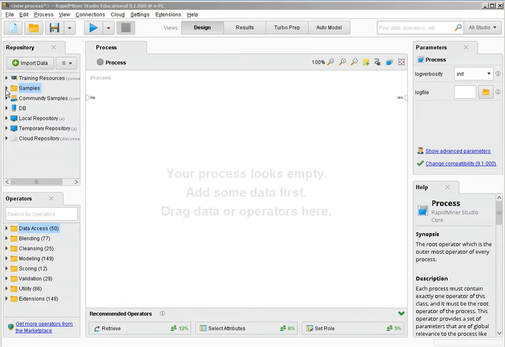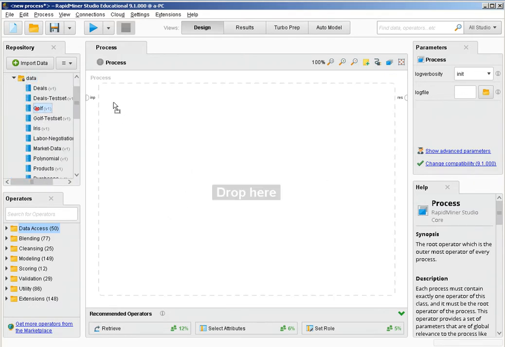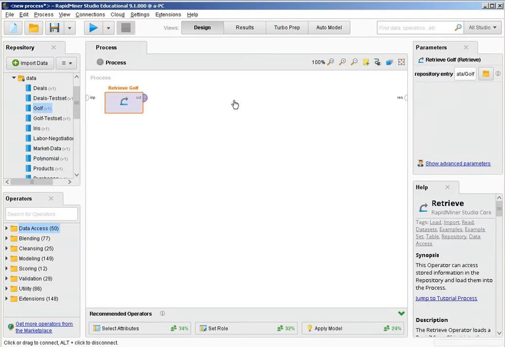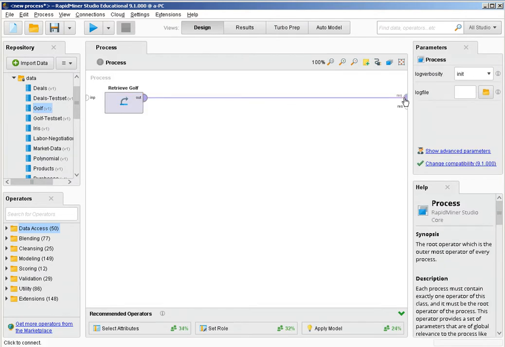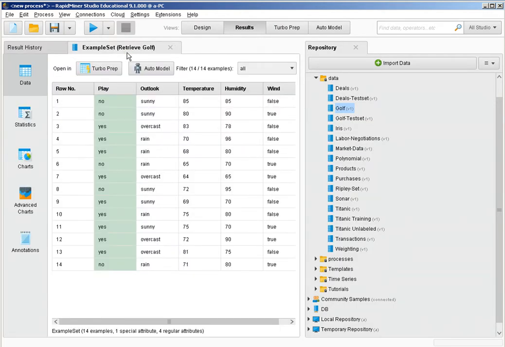Let's start with one of the datasets that RapidMiner has already integrated in the environment, which is the weather dataset, the one related to the weather conditions and whether we play or not the golf game. If we run the process, in these results here we have a tabular representation of all the data present in the dataset, and down here we have